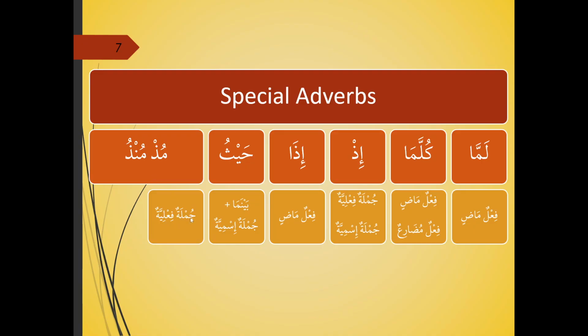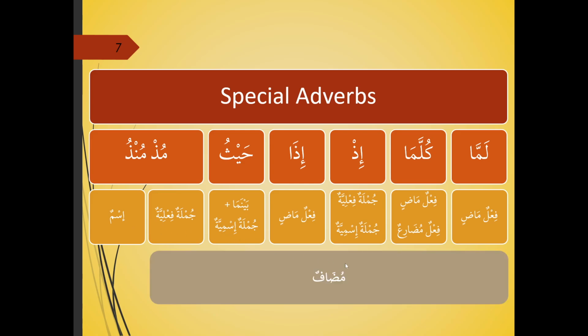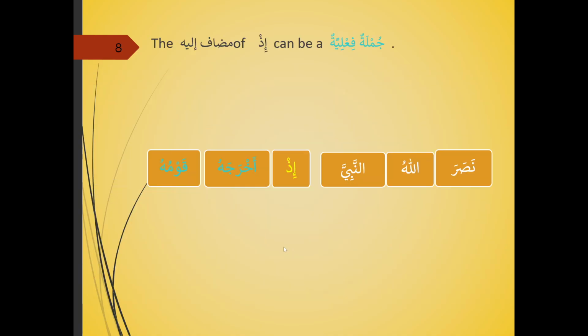Mudh and mundhu, jumla fi'liyah, and you can use it with ism. And when it's ism, it becomes like a jar wa majrur. Now, all of these are your mudafs, and as I said, in this case, it is jar and majrur. We saw some examples on that. If you can't remember or vaguely remember, just go back to the notes or the recording and see how this is done. Okay, then I explained something that day where I said the mudaf ilayh of idh, remember, like what we saw in the previous slide.